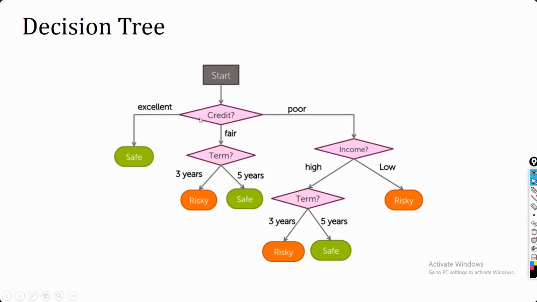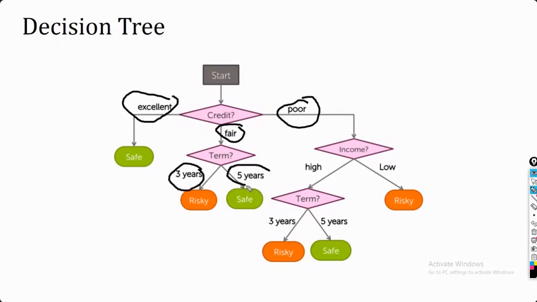So now, based upon the attribute, the number of branches is going to be different. Like here, for this credit we are having three outcomes, or you can see three branches: good, fair, and excellent. But for your terms we are having only two branches, because only these two values are permissible. Like whenever we are filling in an application, we are having some set of options only. From that set of options, we can select one of them.